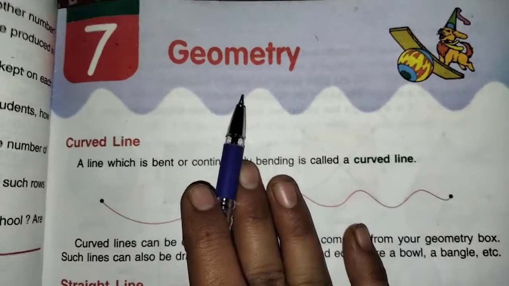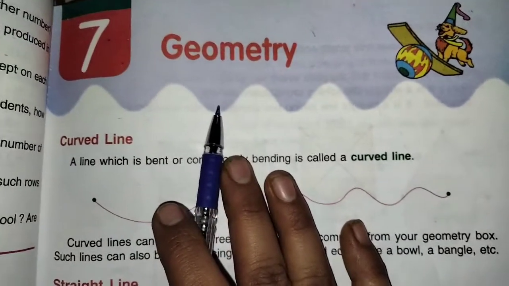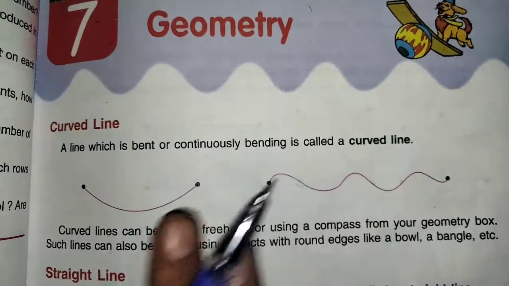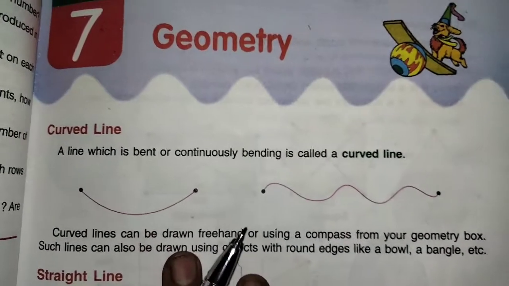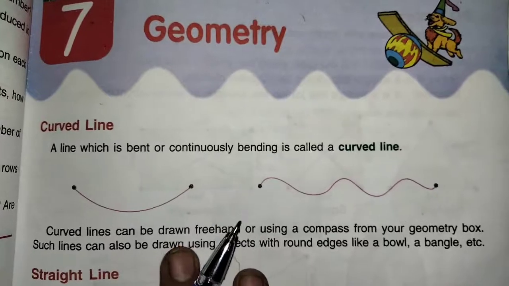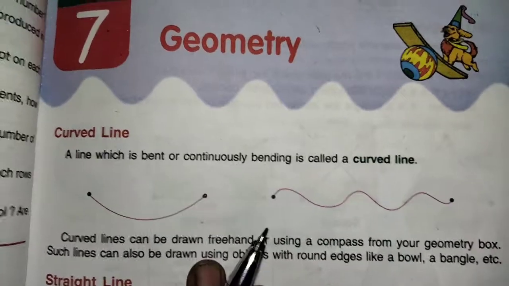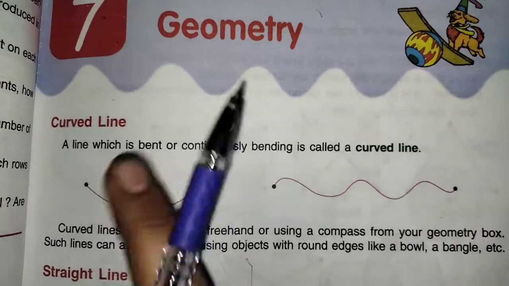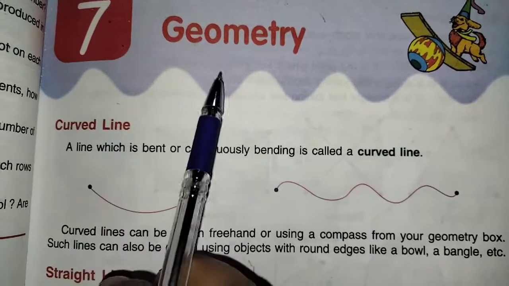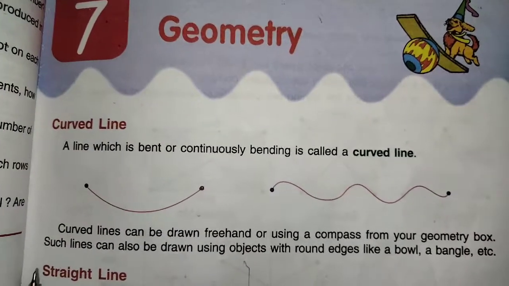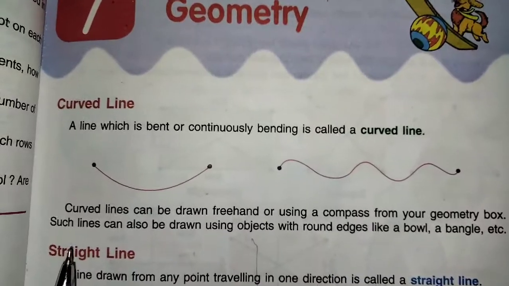Okay, now you have the geometry book. Geometry book means what, children? It will not have lines like a drawing book. You have the 200 pages geometry book that you have to use for this chapter. You have to write nicely lesson number 7 geometry and continue in that. Whatever I tell you, you have to continue.